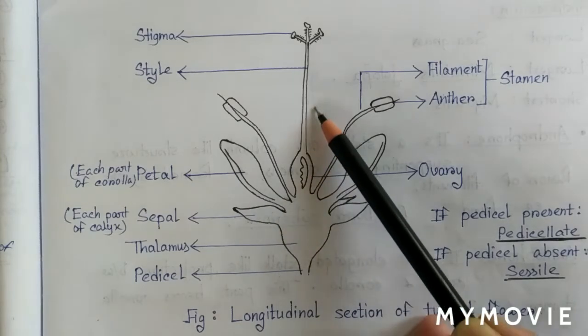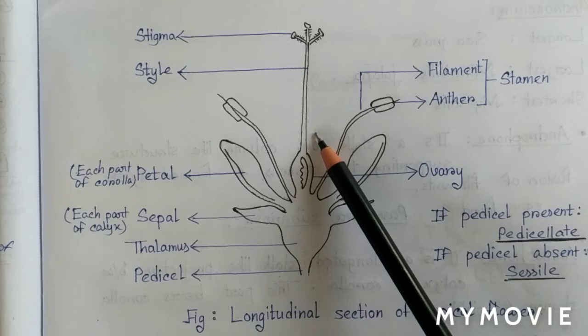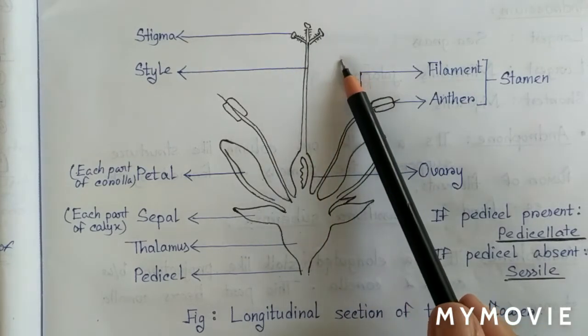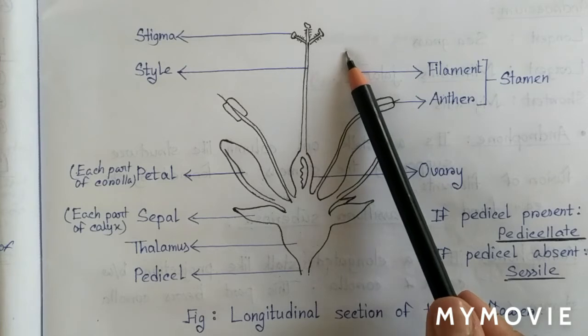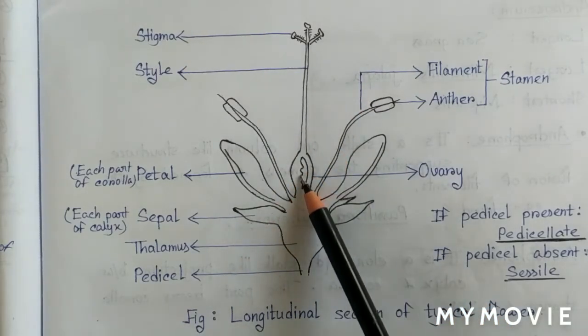After that, the long tube-like structure is known as style, and above style a rounded structure is present which is known as stigma. In the ovary, ovules are present, which is also known as egg,